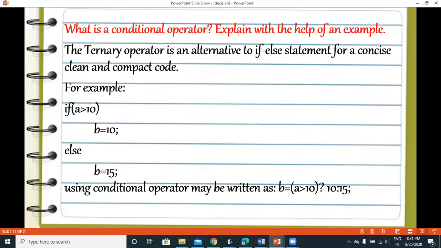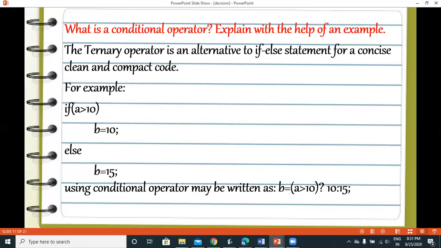What is the conditional operator? The ternary operator is an alternative to the if-else statement for concise, clean and compact code. You can see the if-else has been converted using the conditional operator in this method. If a greater than 10, b equals 10, else b equals 15. Since the b equals initialization is common, we have taken it outside.